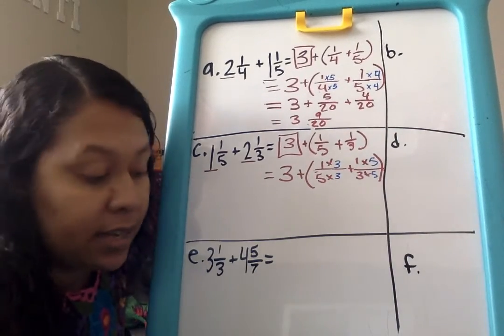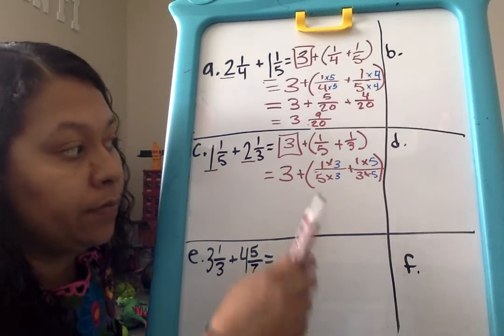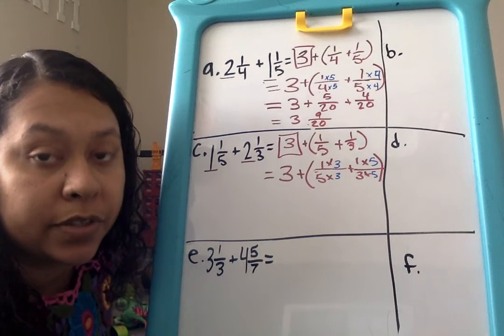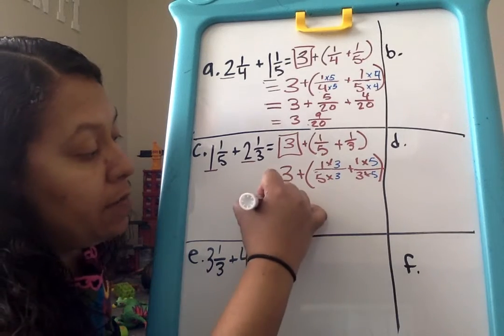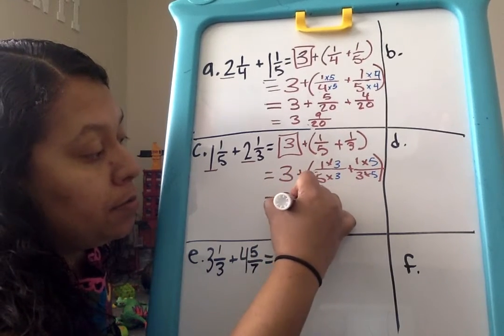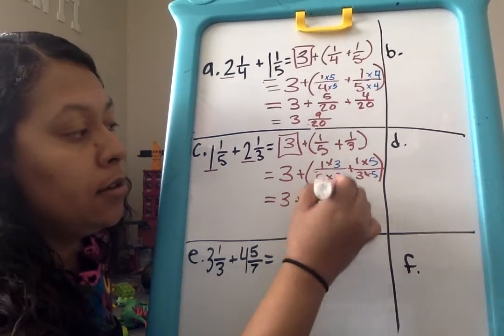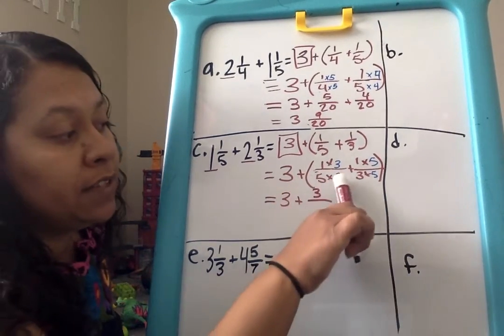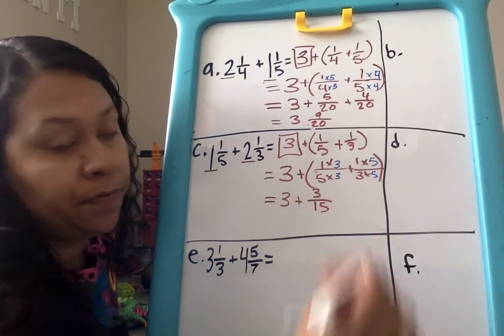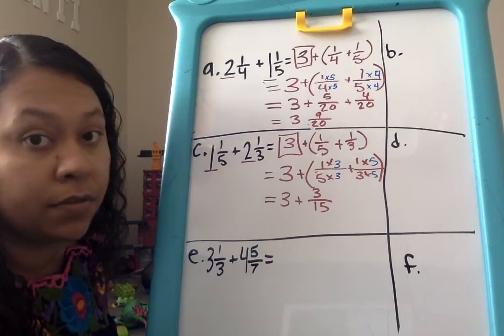Okay, now we have our expressions for how we're going to find our common units. Now we can multiply. So now we would have equals 3 wholes plus 1 times 3 is 3. 5 times 3 is 15. 3/15 for the first equivalent fraction,